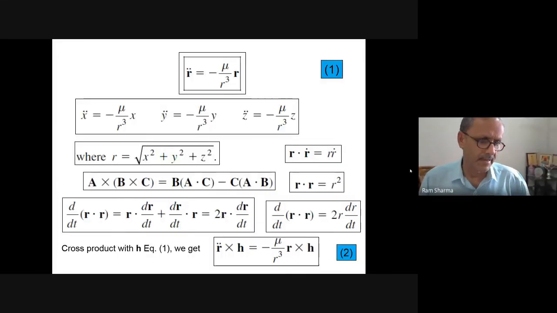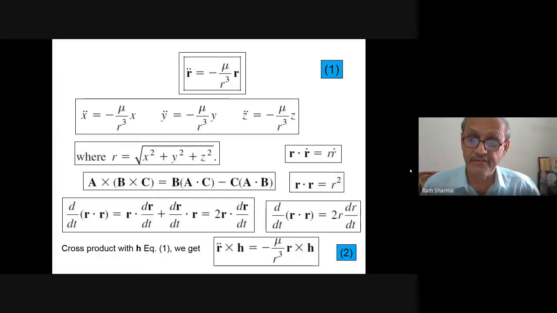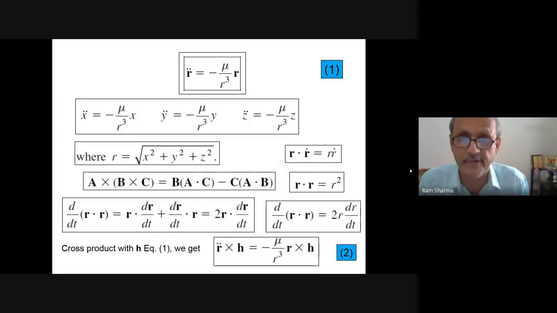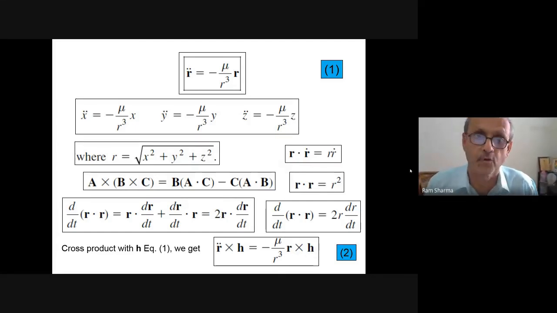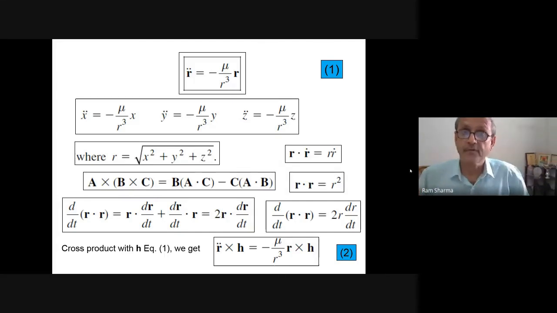Now I will take another 10 minutes to give you a derivation, which I have taken from Curtis's book. Wonderful. No other book has given it so properly. See, we are starting from 2D, and we will get the equation of an ellipse from here without making any major problems.